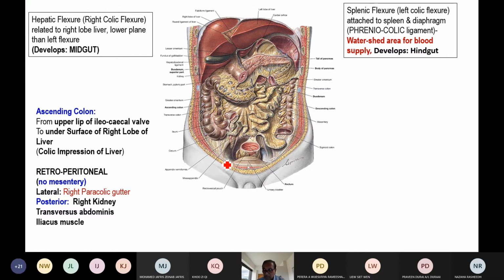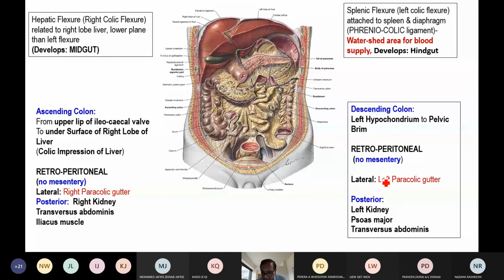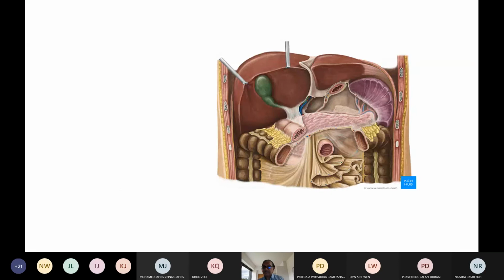organ which can be affected in colonic carcinoma, etc. is the kidney. So the right kidney is lying just behind the ascending colon. Similarly, for the descending colon, the main structure lying behind is the kidney. In case of the right colic flexure, the liver can be affected. In case of the left colic flexure, the spleen and stomach can be affected. This I am telling about complications of a colonic carcinoma, which organ can be affected. So for the ascending colon and descending colon, there is more probability that the kidney will be affected.